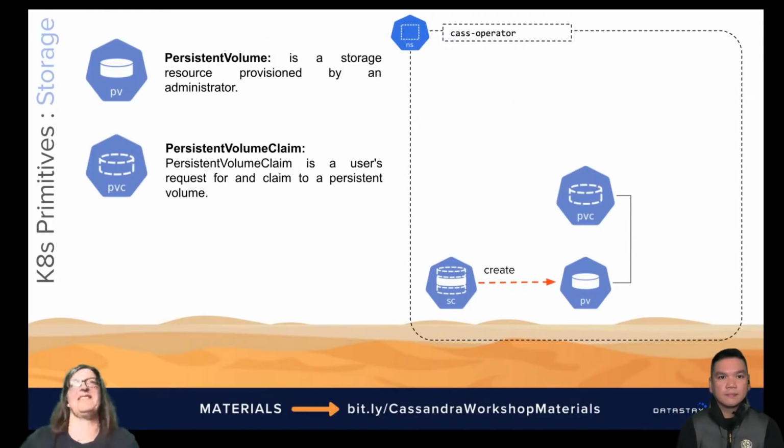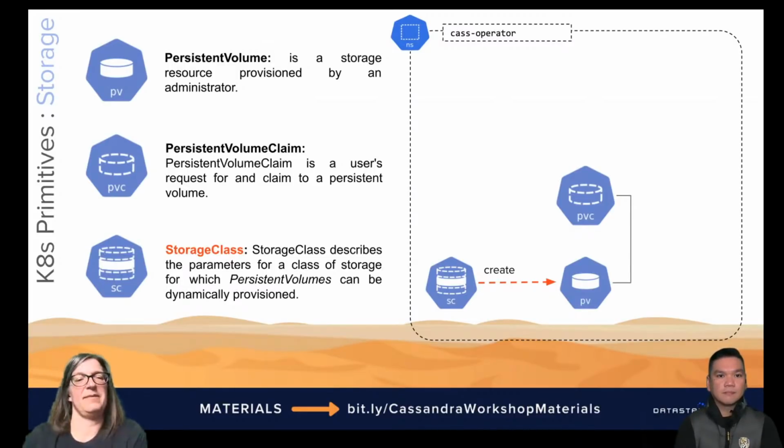It's not just within the space of the pod. And this is administered by servicing persistent volume claims. So basically an application makes a claim for a persistent volume,